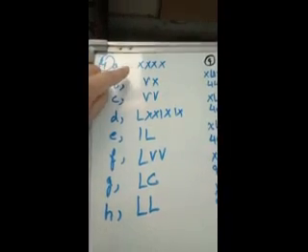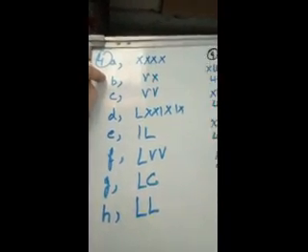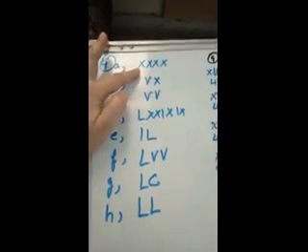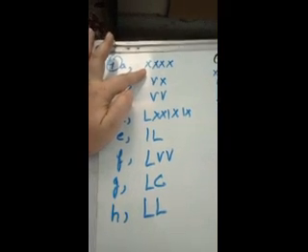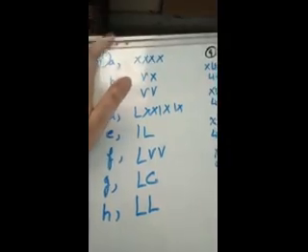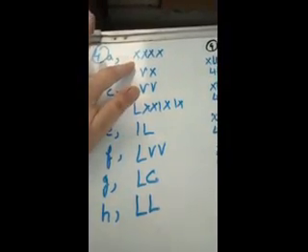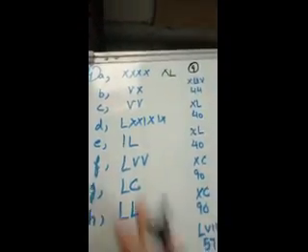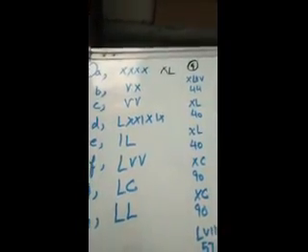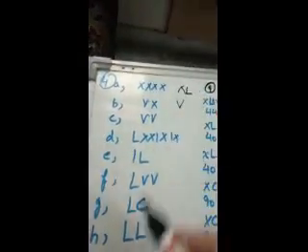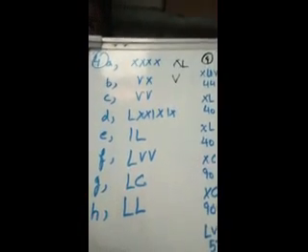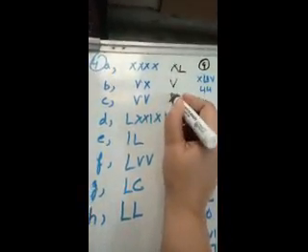Answer 4 of exercise 15.1. Which of them are meaningless? We have to write their correct Roman number. First one is 4 times X. X cannot be repeated more than 3 times. They have written 40. So in the right way we will write 40. VX, subtraction, 10 minus 5, but we have the symbol of 5. Then 2 times V, 5 plus 5, 10, but we have the symbol of 10.